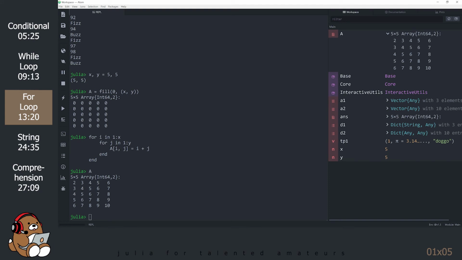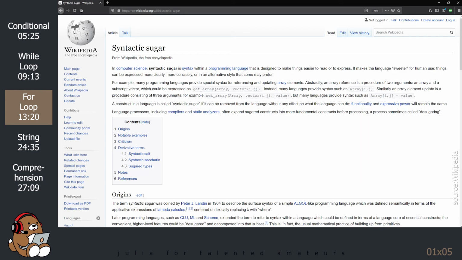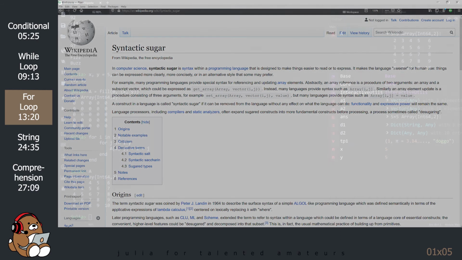This next example will give you the same result as the previous example. However, it does it with fewer keystrokes because it uses something called syntactic sugar. Syntactic sugar is allowed in Julia as a way to enter code with fewer keystrokes. However, it does not have any impact on your code's performance. For example, code written in longhand form will perform just as quickly as code written with syntactic sugar. We'll learn more about this when we take a look under the hood of Julia later in this tutorial series.